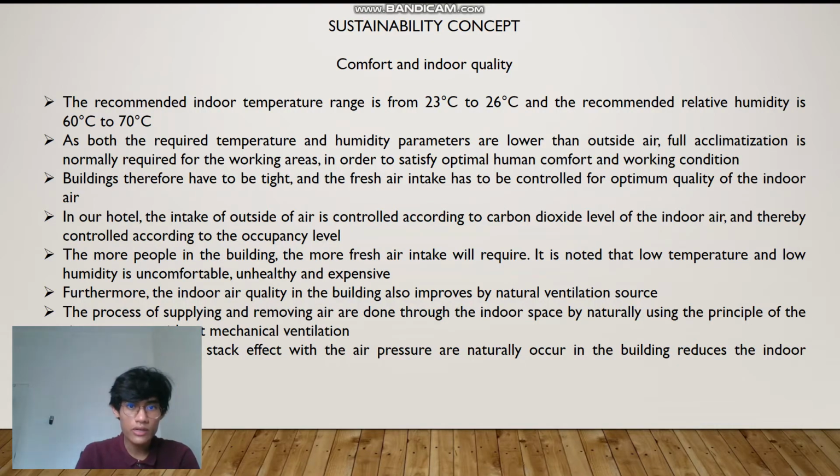Thirdly is comfort and indoor quality. The recommended indoor temperature range is 23 degrees Celsius to 26 degrees Celsius and recommended relative humidity is 60 to 70 percent. As both the required temperature and humidity parameters are lower than the outside air, full air conditioning is normally required for the working areas in order to satisfy optimal human comfort and working condition. Buildings therefore have to be tight and fresh air intake has to be controlled for optimal quality of the indoor